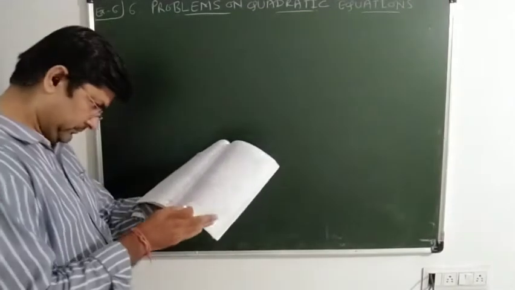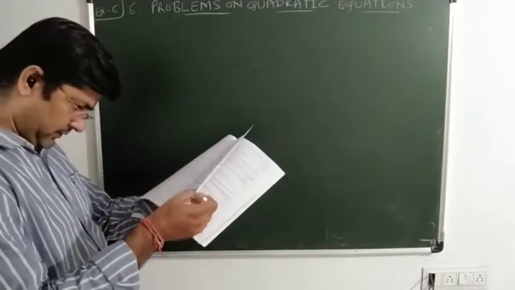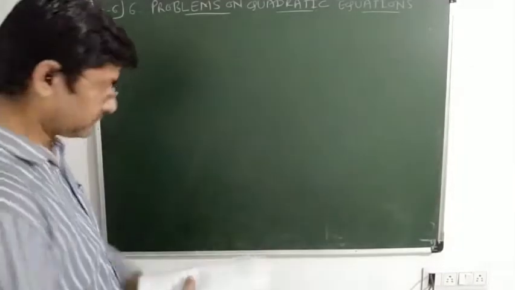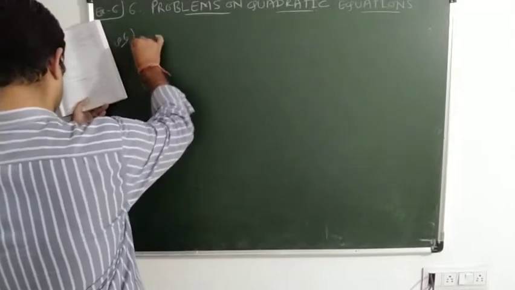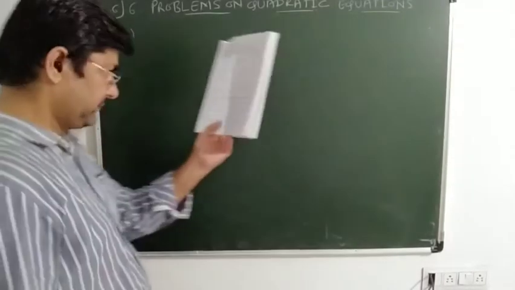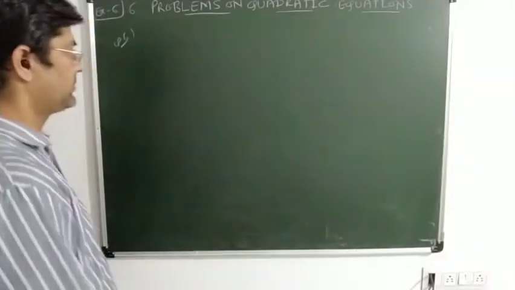Okay, so I think question number 6 was left and we had completed till question number 9. So let us first complete question number 6. Find two consecutive multiples of 3 whose product is 270.